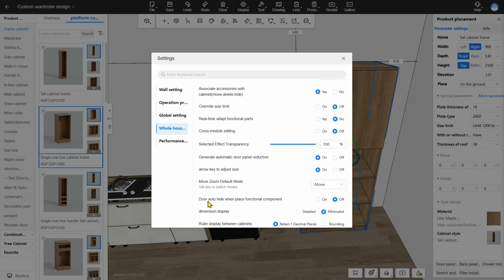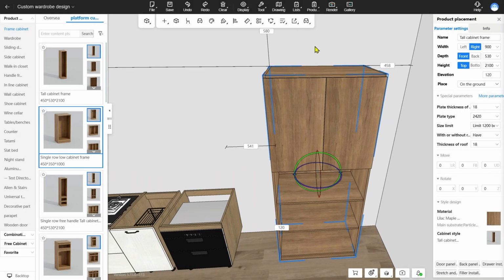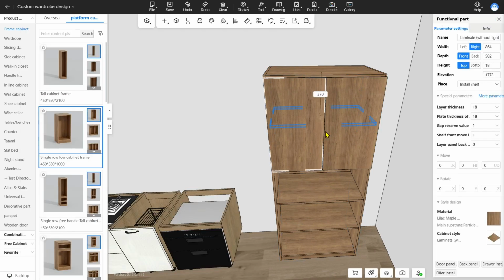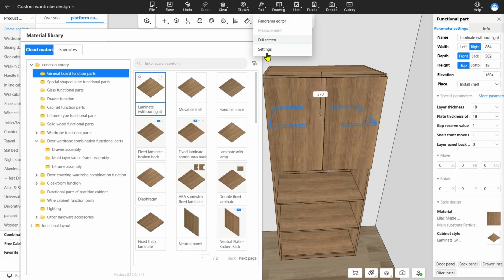Next will be the door alternate height when placing a functional component inside. Now I turn it off. And I have installed the door here and I just hit the G key. I want to place the panel inside, then you cannot see where the panel is. However, if you turn it on,